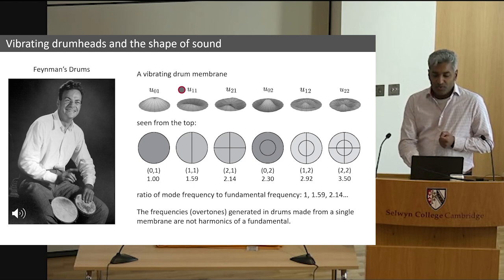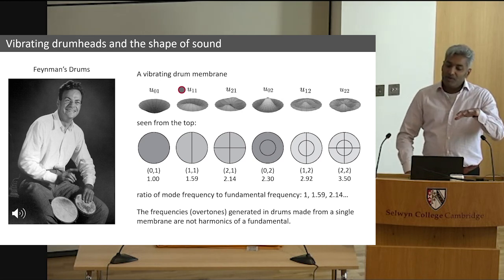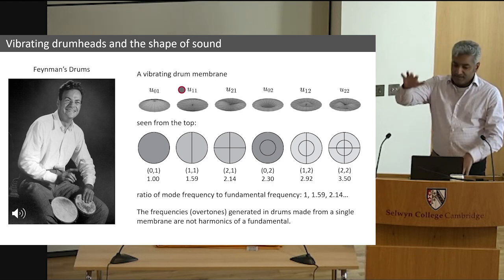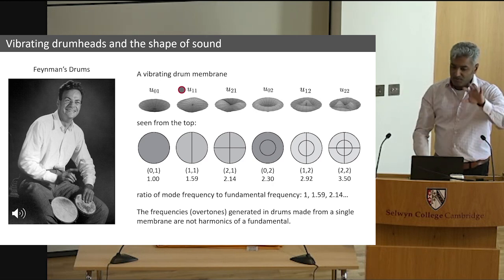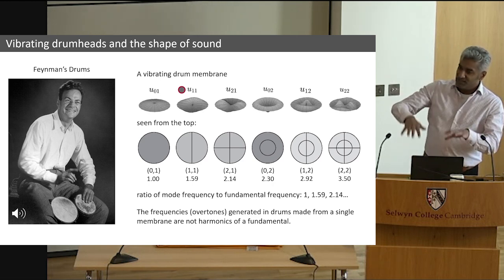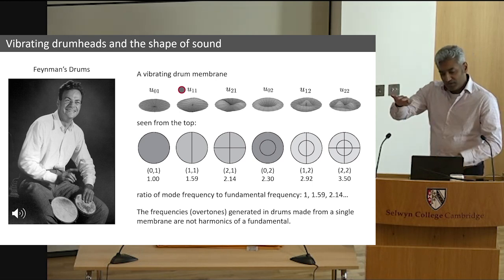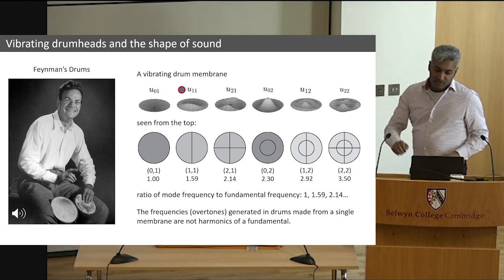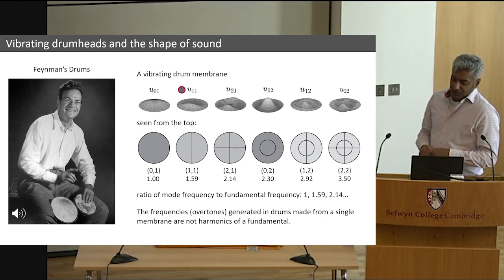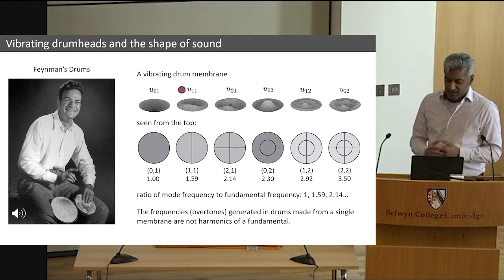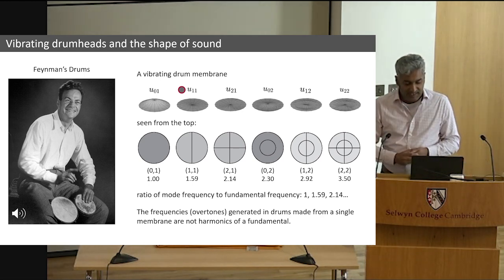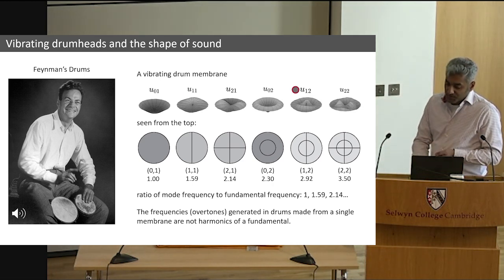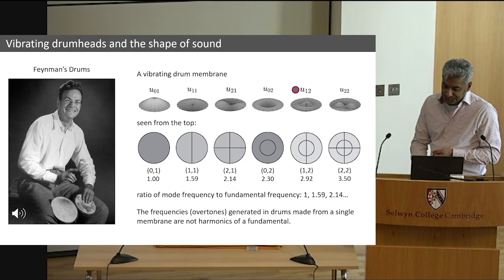In this mode of vibration, you have one part of the membrane moving up while the other part moves down, and this oscillatory motion goes on. The segment of the membrane that has moved up would move down, the segment which had moved down would move up, and you've got this kind of oscillatory motion. And of course, at some point the energy damps away, and that's why the sound also damps away. So you could have even more complicated modes of vibration of these drums.